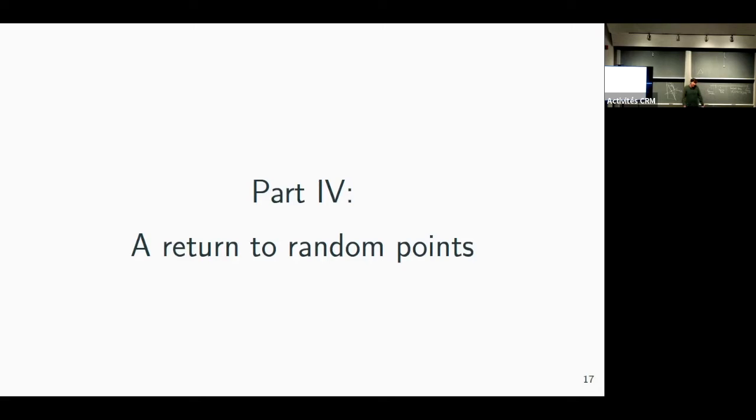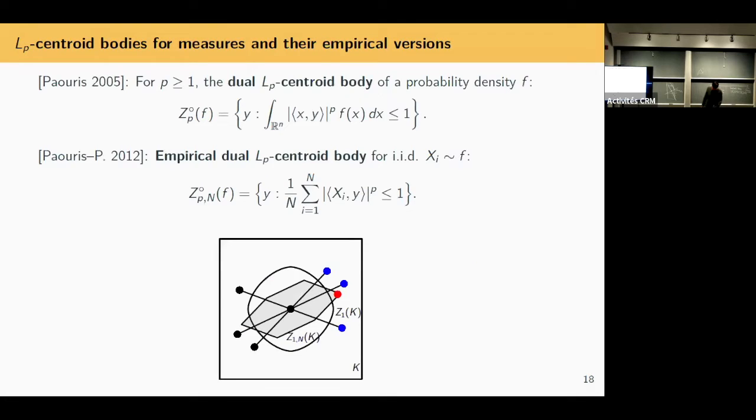Okay, and so the idea, to go back to this range in a sense, is to revisit the probabilistic descriptions. So part 4 of my talk will be how to deal with this. And I will go back to a probabilistic model for thinking about how to generate these sets.